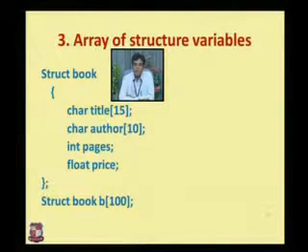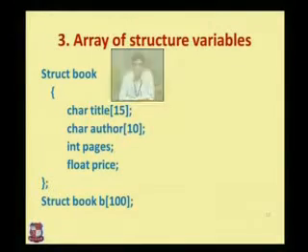Then we can use struct book B[100]. We have 100 books in the library, so we can include the details of each and every book according to the structure of the book template. So the template represents the details of a single book as well as more than one book. So we include an array, and from that array we can use a[0], a[1], a[2] up to a[100]. When we include the values of more than one variable, we can use an array of structure.